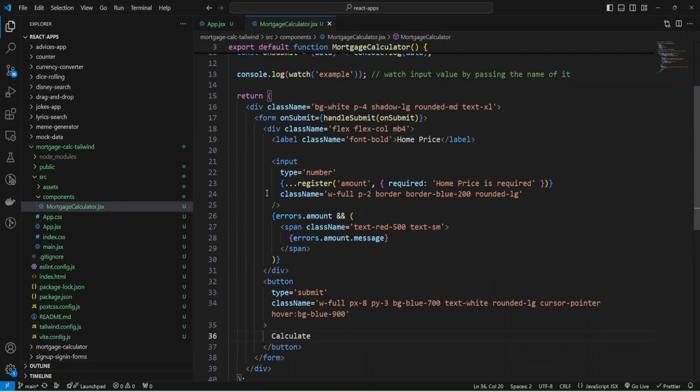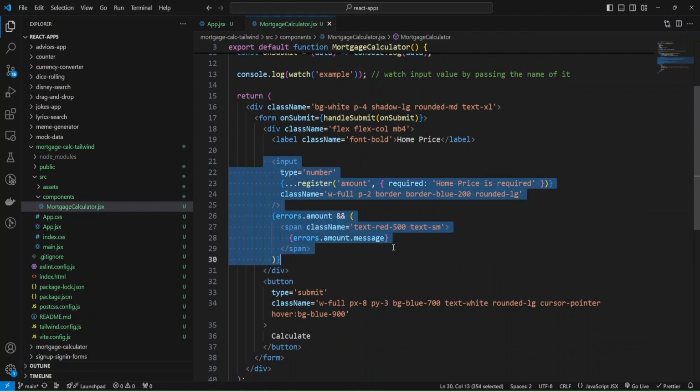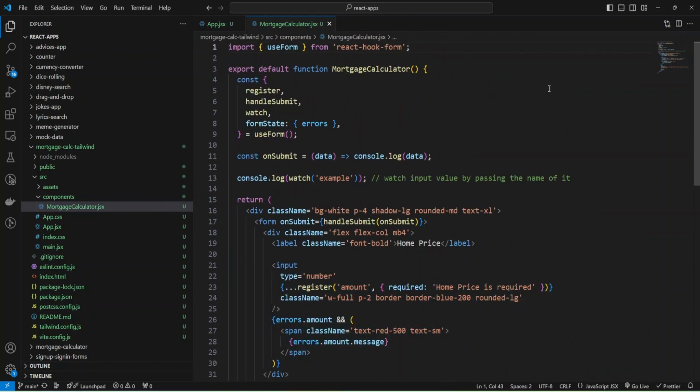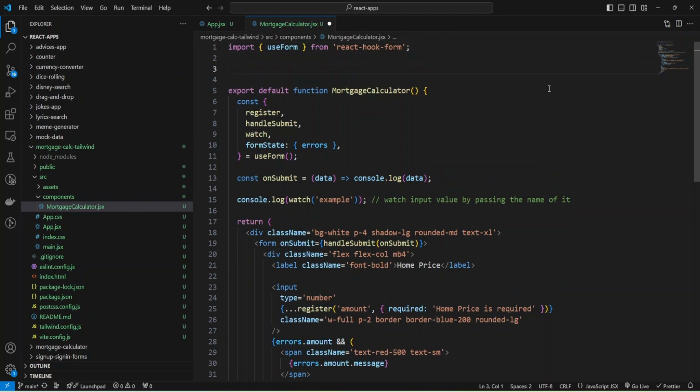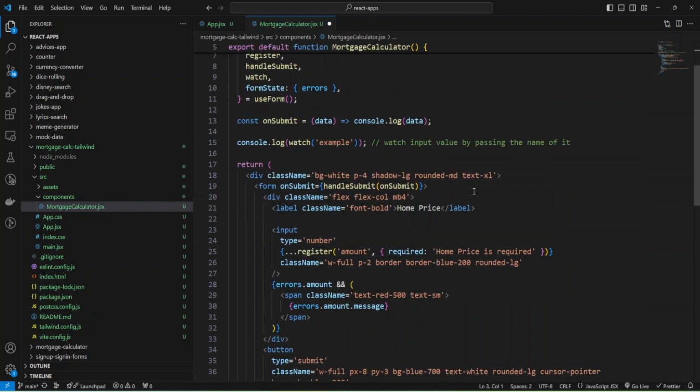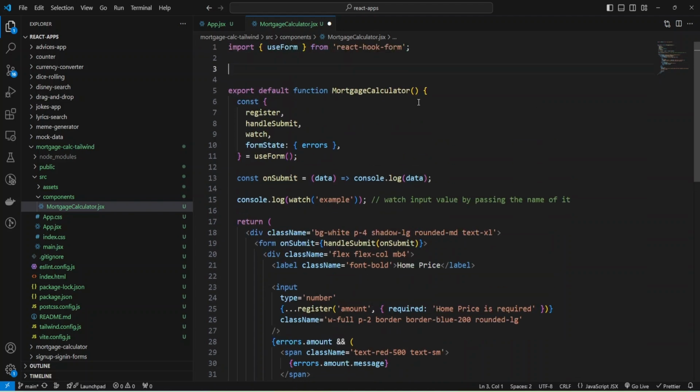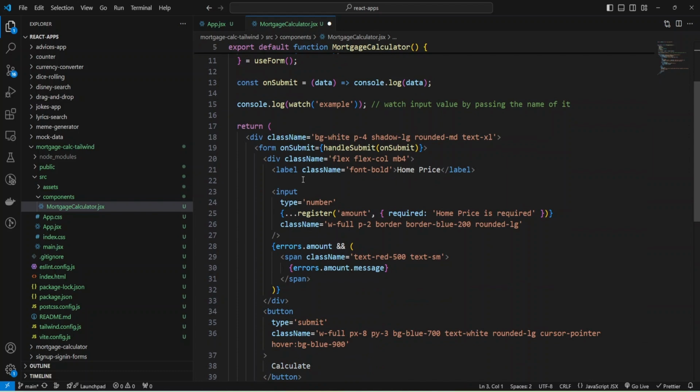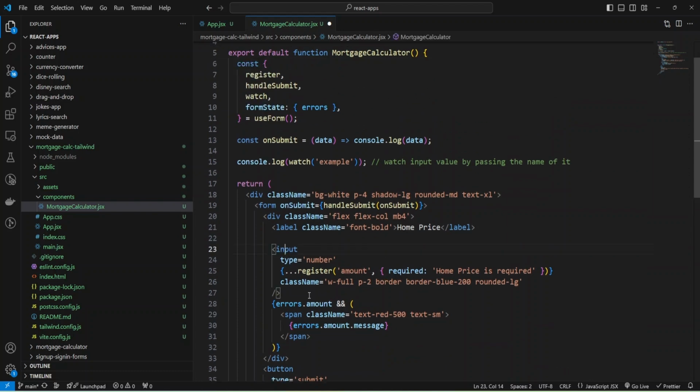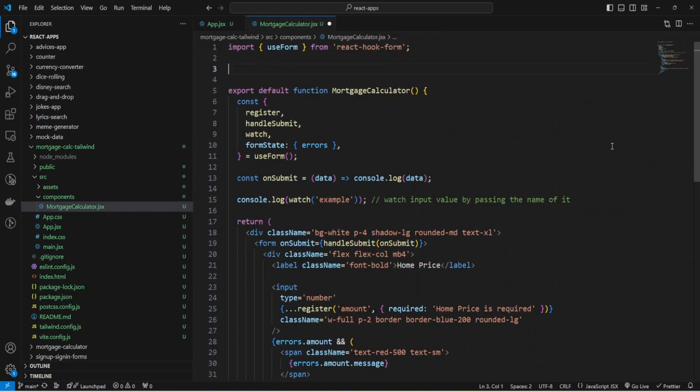And for that, I can copy paste this input with errors, but I'd like to create array of objects, and we'll use function method map, and we'll provide my inputs from this array.